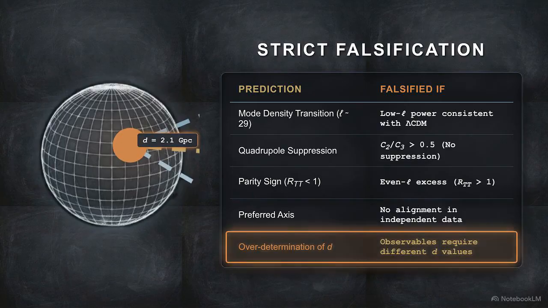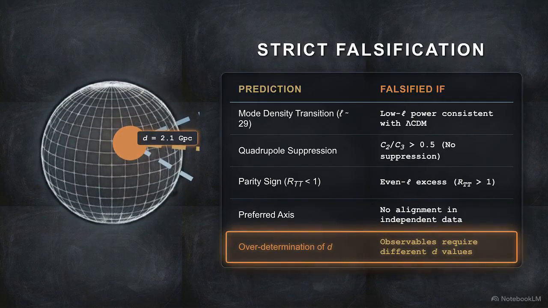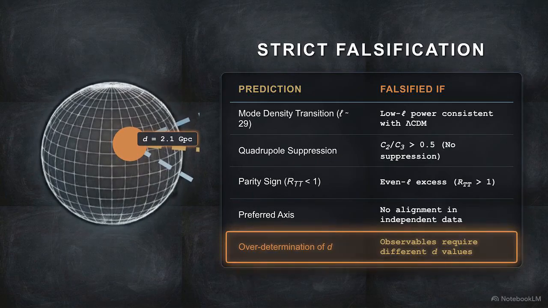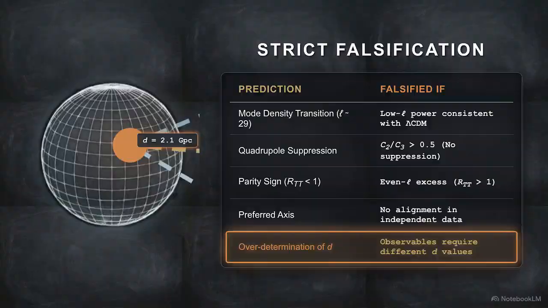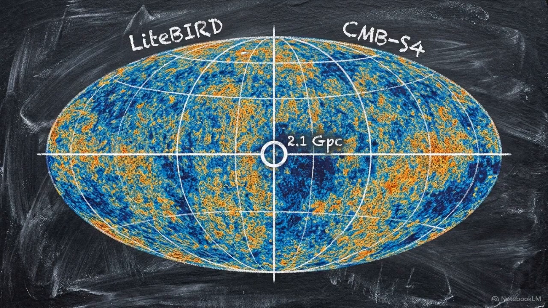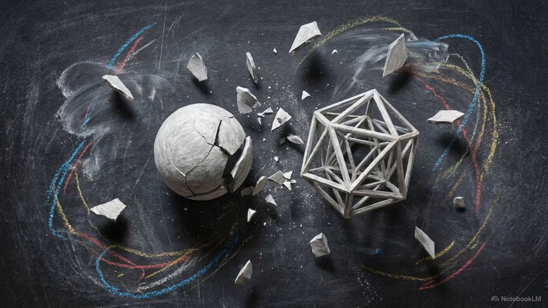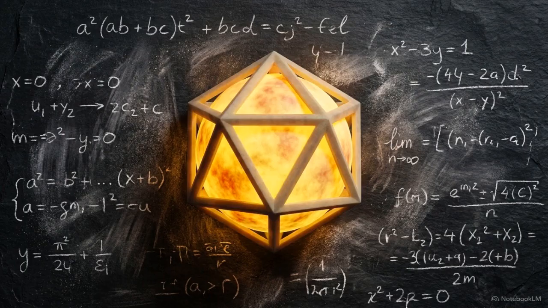The ultimate test lies in the overdetermination of our position parameter. The alignment angle, the quadrupole suppression, and the parity magnitude must all stem from the exact same location. Future polarization data from LiteBIRD and CMB-S4 must yield parity asymmetries that resolve to the exact same 2.1 gigaparsec coordinate. In addition, Euclid Data Release 1 will independently test the companion predictions regarding a static cosmological constant and the phase clock. If independent observations require different spatial coordinates to explain these anomalies, the geometric framework collapses. But if they align, the anomalies reveal